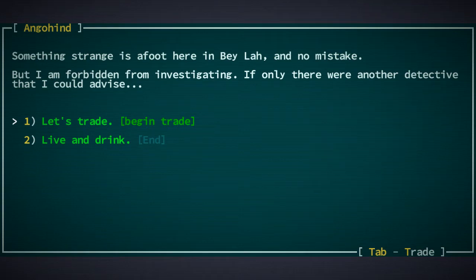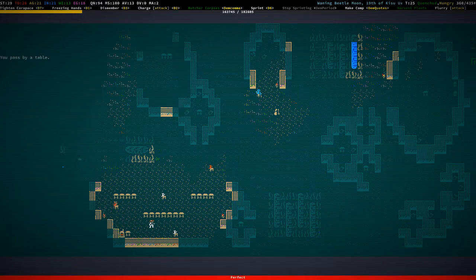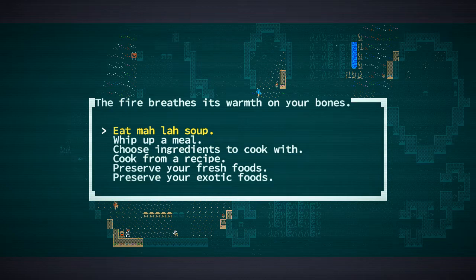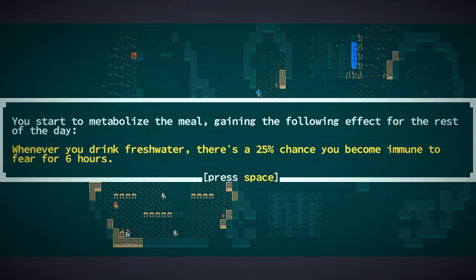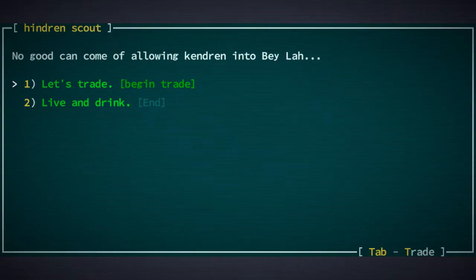Something strange is afoot here in Bailar, no mistake, but I'm forbidden from investigating. If only there were another detective that I could advise. Okay, things are going to get more interesting, I suppose. That's probably gonna become interesting later. Eat mala soup. Sure. Drink fresh water. Immune to fear for 6 hours. That's not too interesting, but